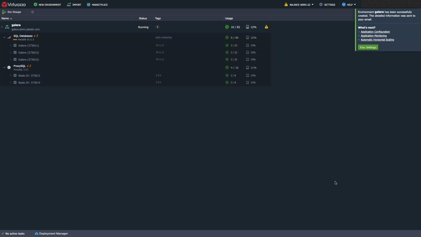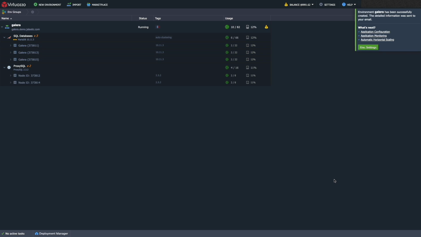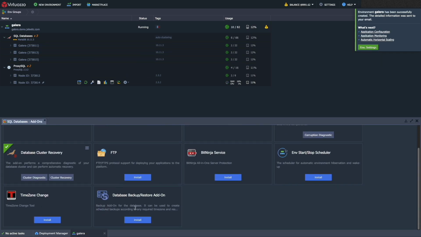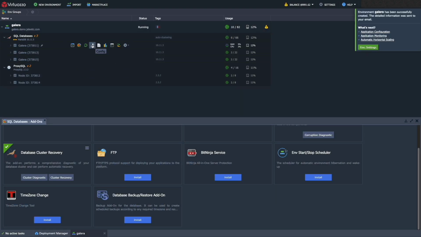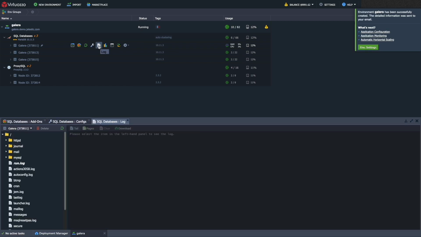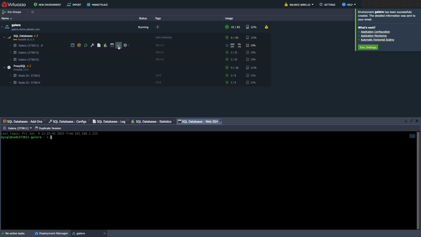Okay, the MariaDB Galera cluster has been created. As we see, it consists of 3 nodes of database servers and 2 nodes of load balancers as an entry point. You can access each node via the phpMyAdmin web console. Also, install add-ons such as Database Backup and Restore. Restart the nodes. Configure various files, see the logs, as well as usage statistics, access containers via Web SSH console or redeploy them when required,